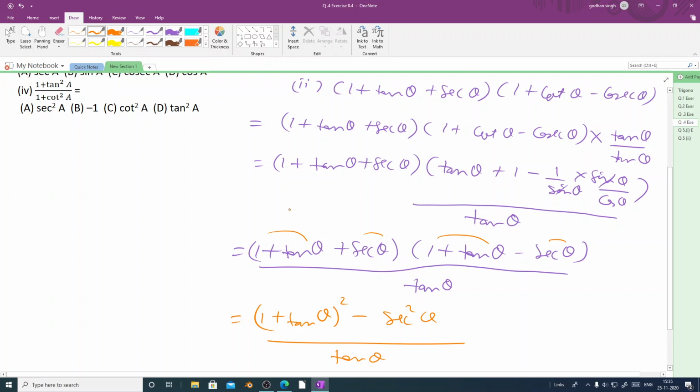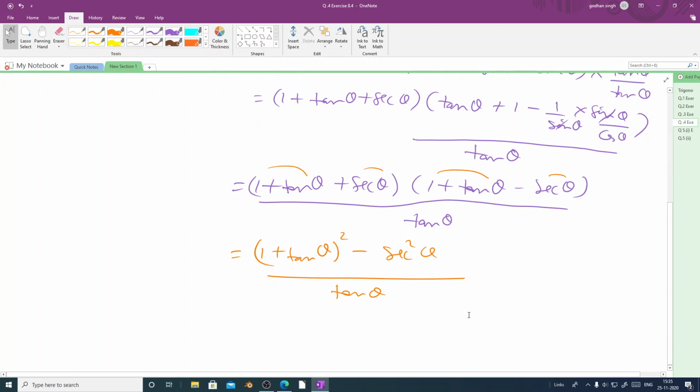Now what we have got here is again a plus b into a minus b, that is a square minus b square. So what is our a? Our a is 1 plus tan theta and b is sec theta. So next we will apply the formula of a plus b whole square. That will be equal to a square plus b square plus 2ab, that is 1 plus tan square theta plus 2 tan theta minus sec square theta